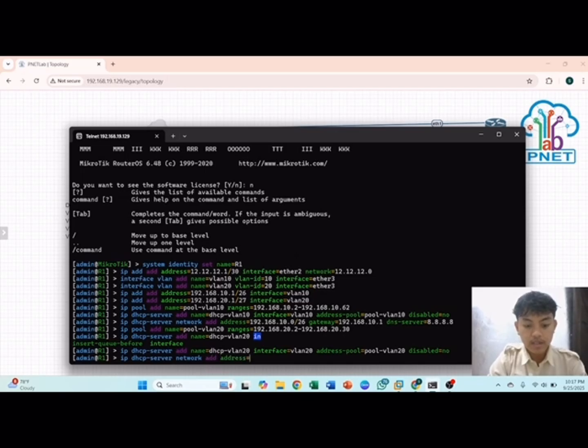Address is 20, prefix is 27, and gateway is 1, and then the next server, and then enter.